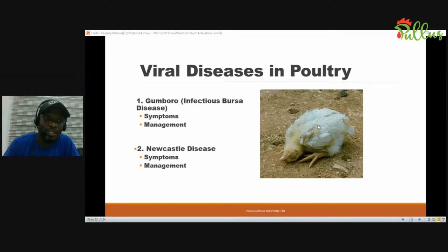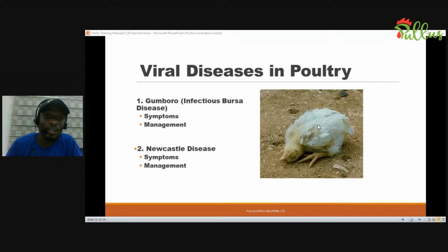You would also see that their drinking water might reduce at that point in time. Some of these problems also come with ruffled feathers and changes in their behavior. You see that they are not very active. You see that they are a bit somnolent and quiet. So those are the common symptoms. But what separates this from that is part of the things that we're going to be discussing today.